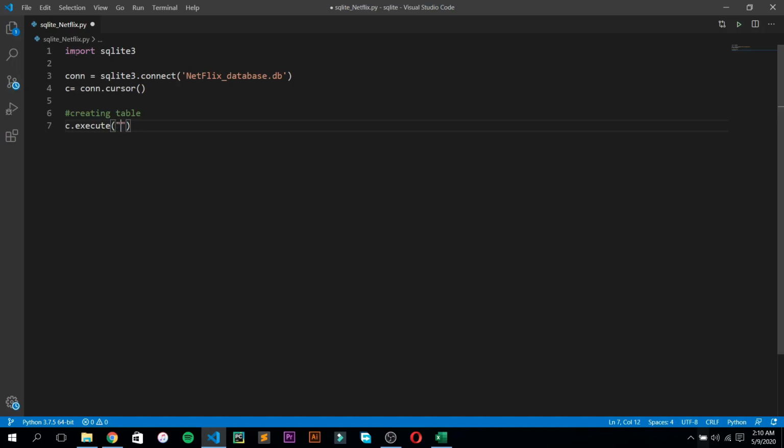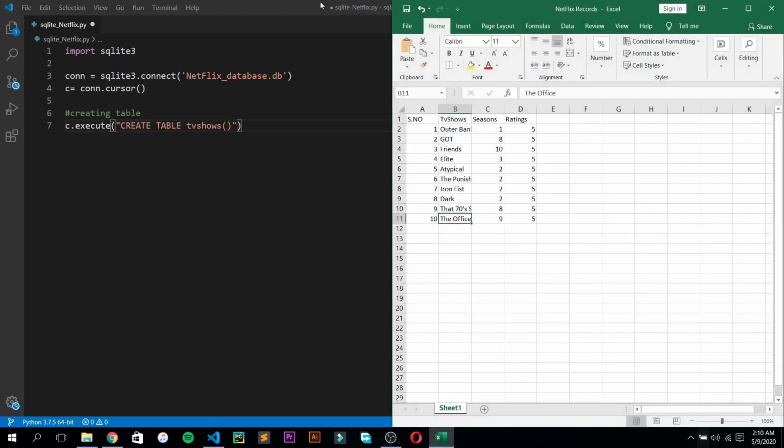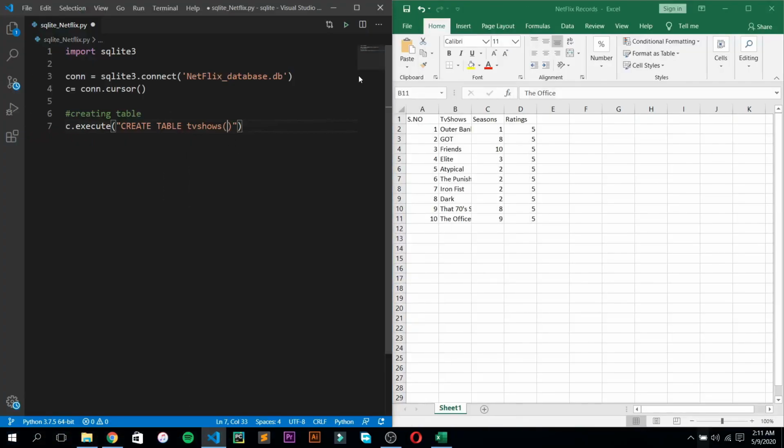So let's start with executing our command. First command, create table, which is to create table we are going to be creating table TV shows. I'm going to be creating a database which will include Netflix shows like that, as you can see in this CSV file of Excel, and I'm going to be giving it these values, like you can see serial number,